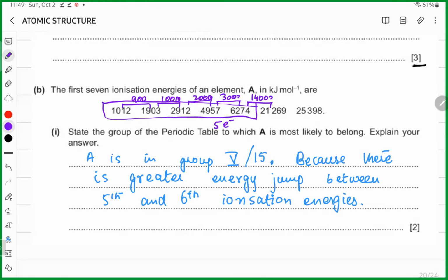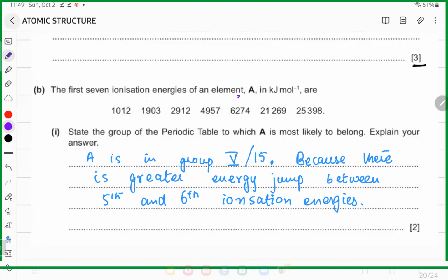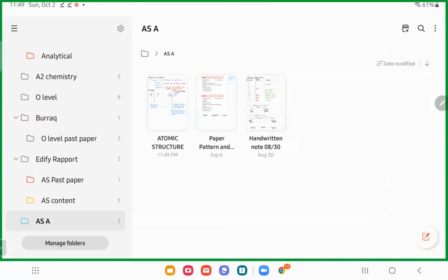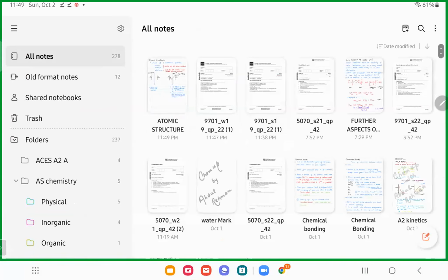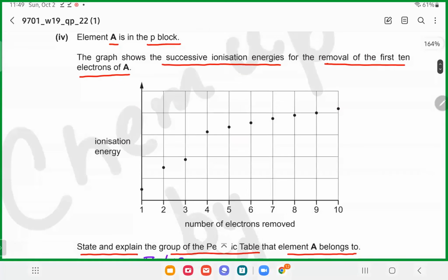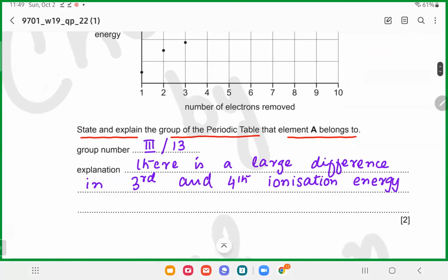ठीक है सर। तो हम इस तरह डिफरेंस देख के, जहाँ पे बहुत ज्यादा डिफरेंस मिलेगा तो हम उसकी बेसिस पे आंसर देंगे। सर जहाँ पर ज्यादा डिफरेंस हो रहा है वो नेक्स्ट शेल में है? हाँ, जिसके बाद हमें ज्यादा डिफरेंस मिल रहा है वो बाद वाला नेक्स्ट शेल में है, और पहला वाला जो है वो आउटर मोस्ट शेल का लास्ट इलेक्ट्रॉन है। ओके।